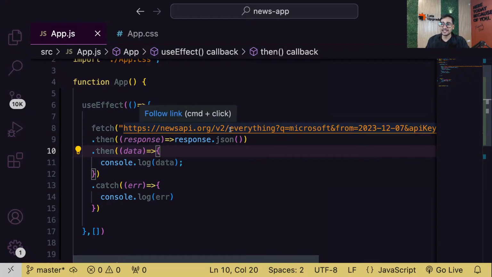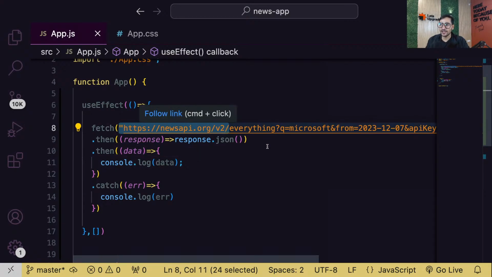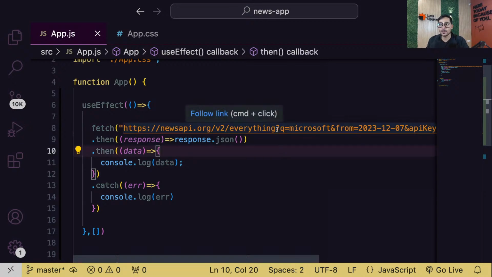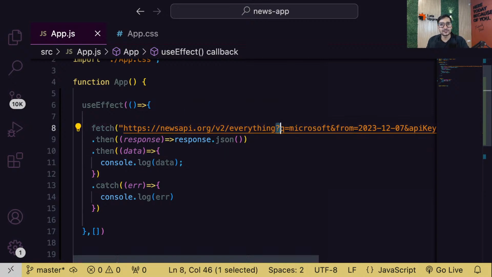Okay. So guys, see, this is your base URL. Okay. This is the route. Simple. It will always be like this. And see, this is your query. So I'm passing Microsoft. So guys, whenever you pass variables in a URL, you always use a question mark. If you don't know about URLs, whenever you want to pass URL variables, you always have to use a question mark. So question mark, Q variable is Microsoft. So basically it is mentioned by them, guys. We are not defining that I'm going to use Q. It is basically mentioned by the News API that you always have to use Q to mention for what news you want. So Q Microsoft.